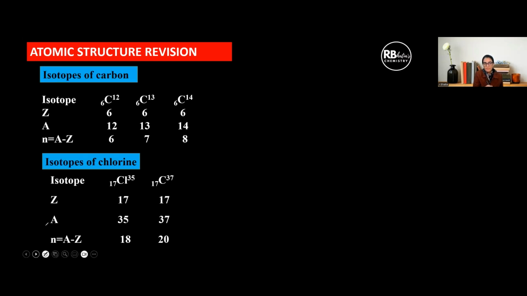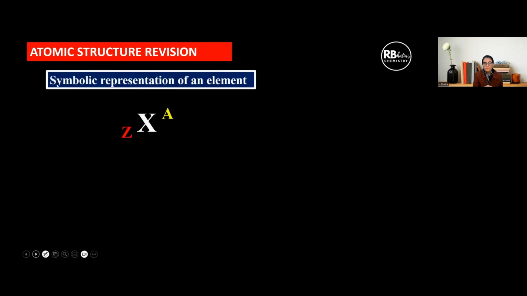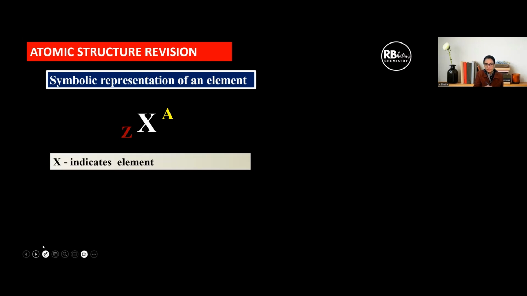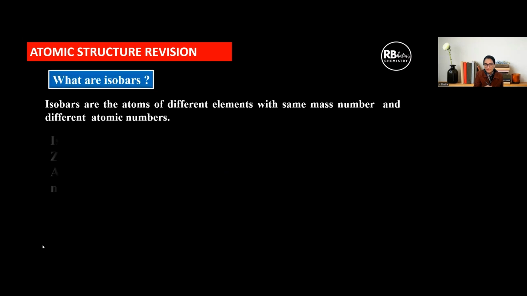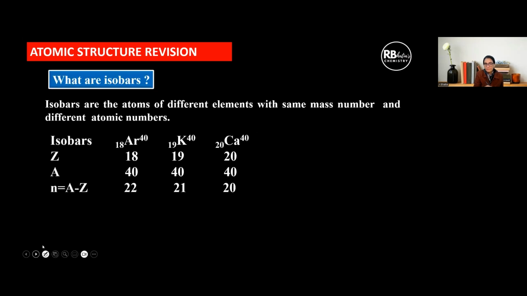So these are examples of isotopes of carbon, isotopes of chlorine. Very simple. We've done this so many times. So you can just have a look. Symbolic representation of an element goes like this, either this way or it can be on the same side. This is atomic number, number of protons. This is mass number, that is number of protons plus neutrons. So you have a number of questions in the NCERT exercise based on this,